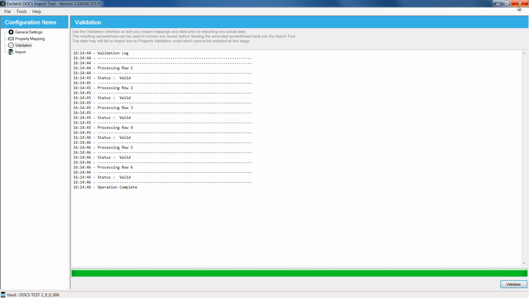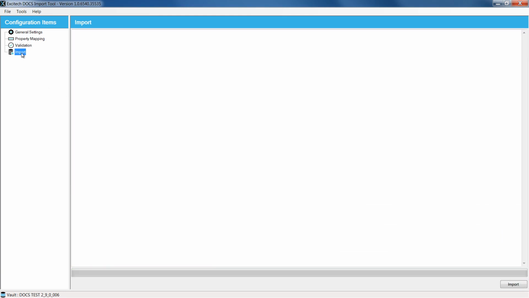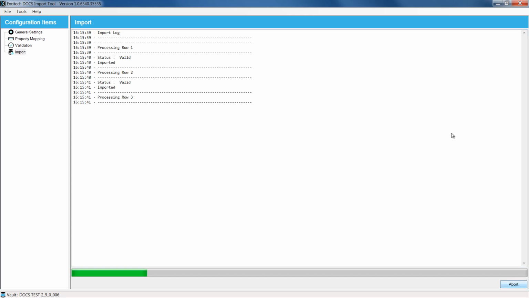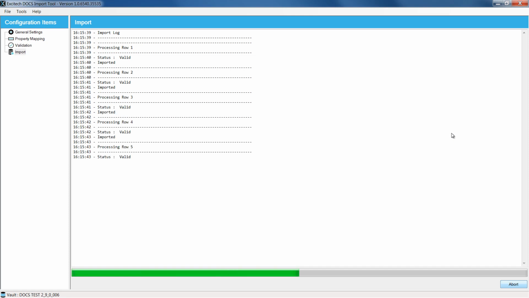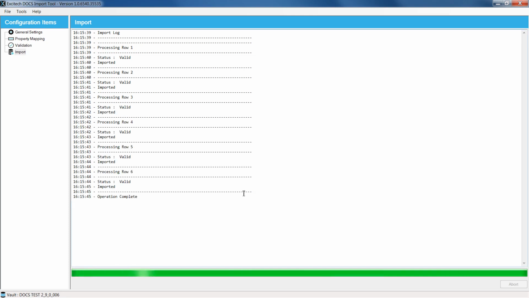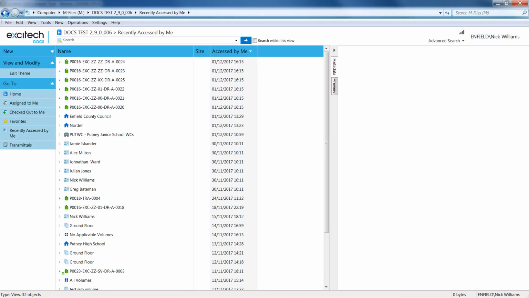We can close that, and now all that is left to do is actually import that into the vault, which is simply a case of clicking the import button. We just click import, and that will chug through those, and there we go, operation complete. If I go into the target vault, it's already in my recently accessed by me, so what we'll see here is the